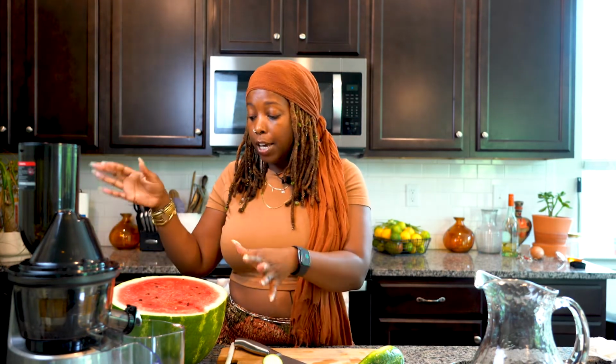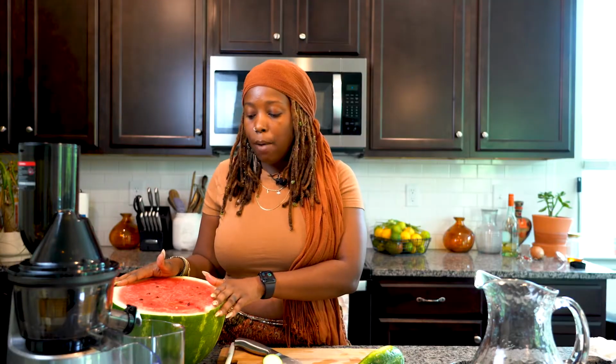And even hyperpigmentation is caused by inflammation. So watermelon can also help with hyperpigmentation. You can make a tea with watermelon rinds. There's a book that I read called Working with the Roots, and you find a lot of good uses for things that have been grown in the United States and in the South for a very long time. But with the rind, you can make a tea with that